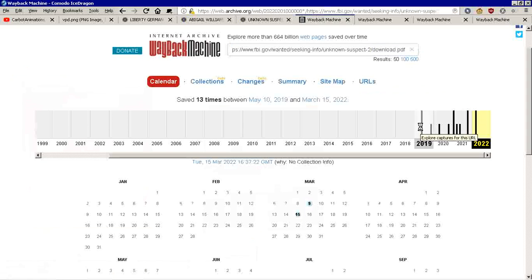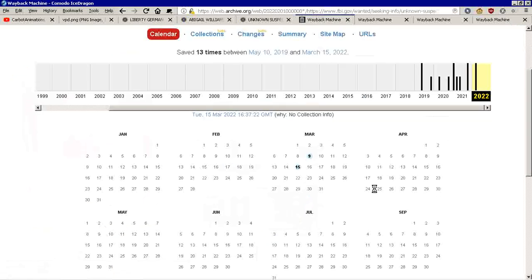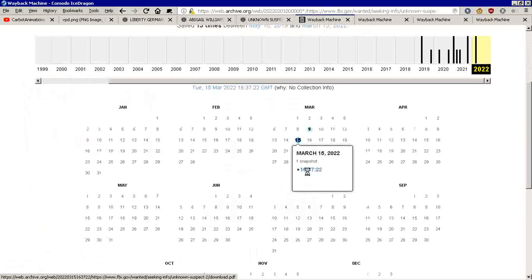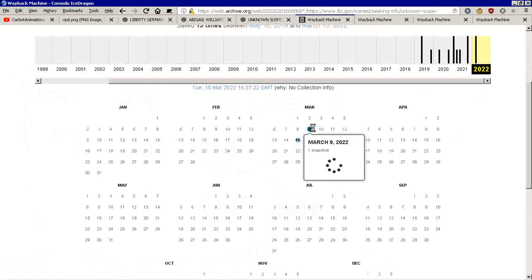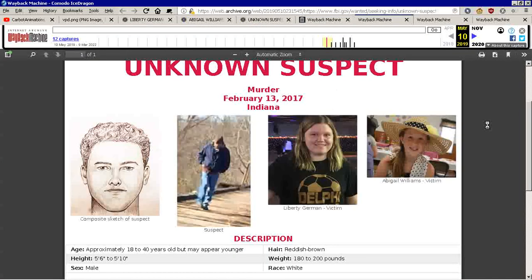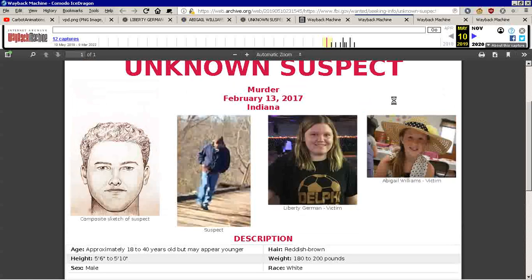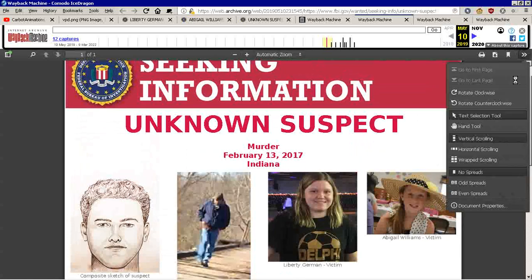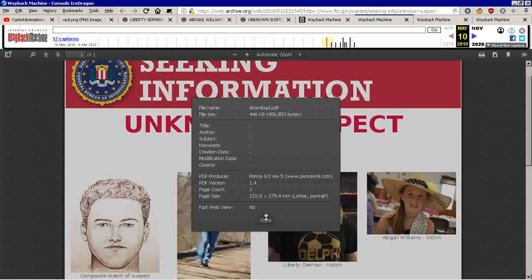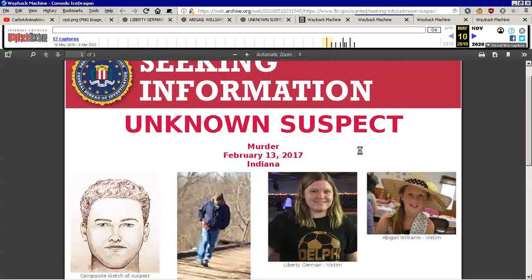Now the earliest version of that is 2019, and the latest one is 2022. Now I'm hovering over 2022, and I'm the one who caused the March 15th backup copy. The March 9th version apparently is the one that has the changes not in it. So here's the first version of the file put out, at least as far as archive.org keeping a copy of it, 2019. I want to point out that most of the data in the file is not going to give you any metadata. So you won't know the time and date stamp they first put it up.